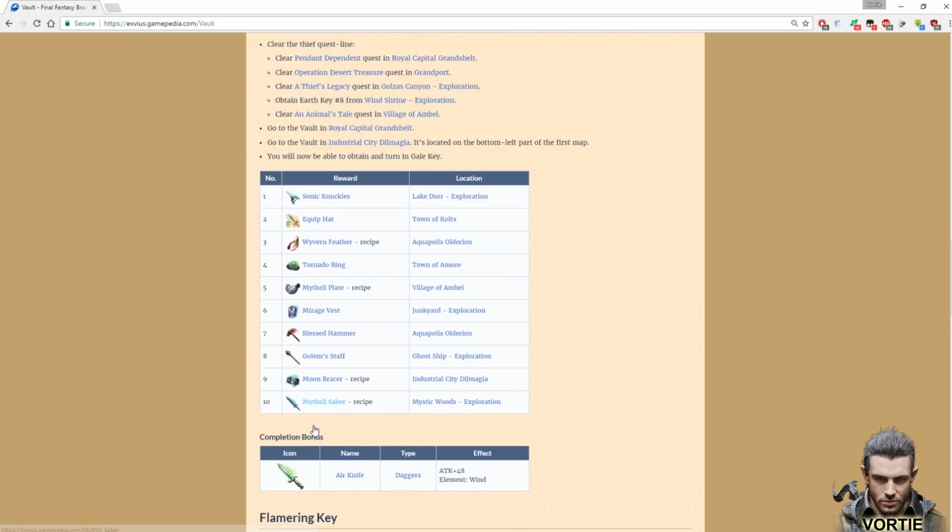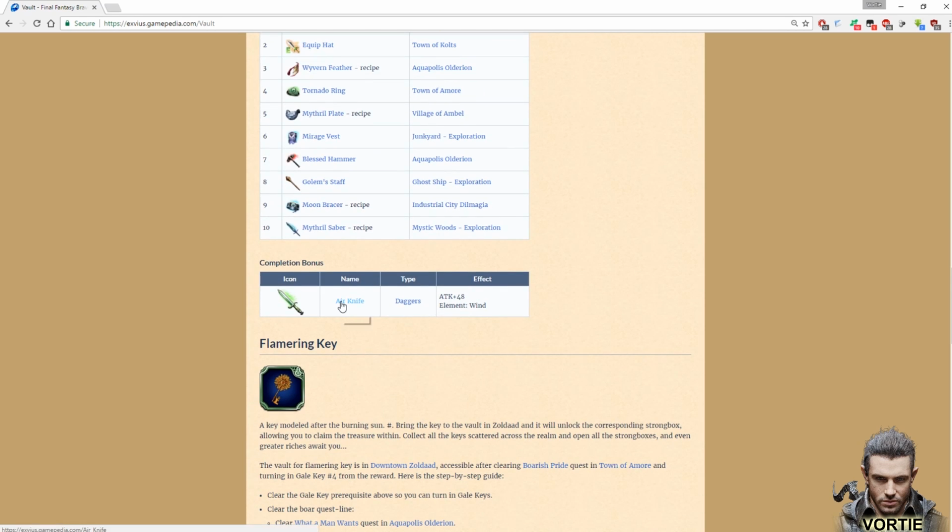Moon Bracers are okay as well. Bithro Sailor, meh. But when you complete it, you will get an air knife, which is something I was in the process of farming before I ended up getting Survival's Edge from the event at the time. But this gives you 48 attack and it gives you wind damage, which is really good to have for Gilgamesh. So if you're still struggling on Gilgamesh and you're looking for some elemental weapons, you have access to it through doing this stuff. And my advice is to complete this because